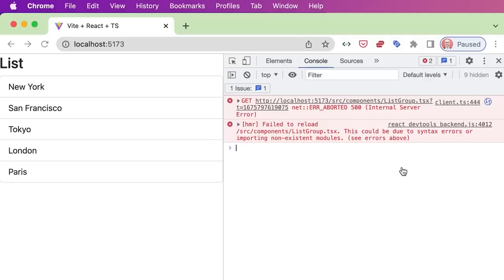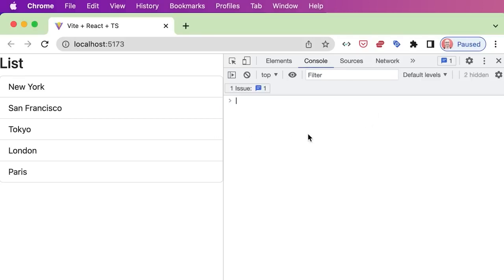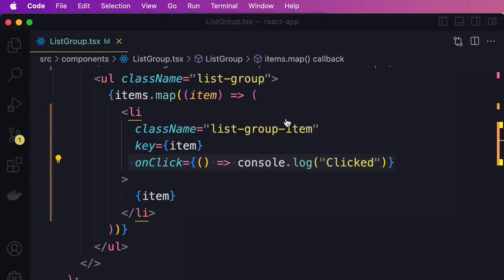Okay. Now back to the browser. We had an internal server error from this web server. Don't worry about it. Just refresh. The error is gone. Now, if we click on each item, we see this message. Beautiful. But what if you want to see the actual item that was clicked? Well,